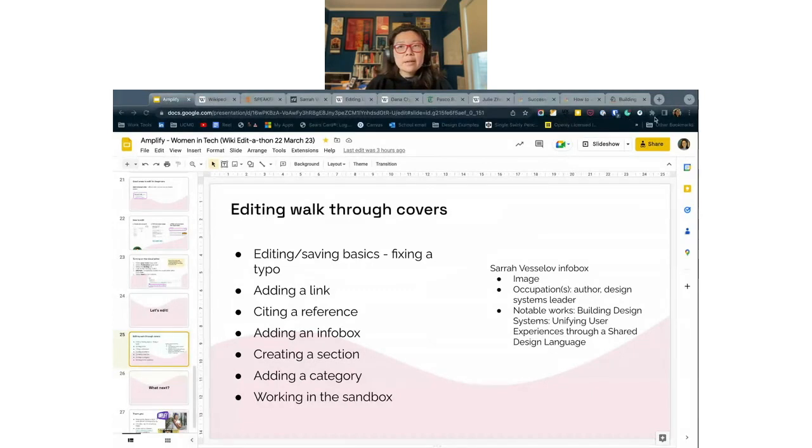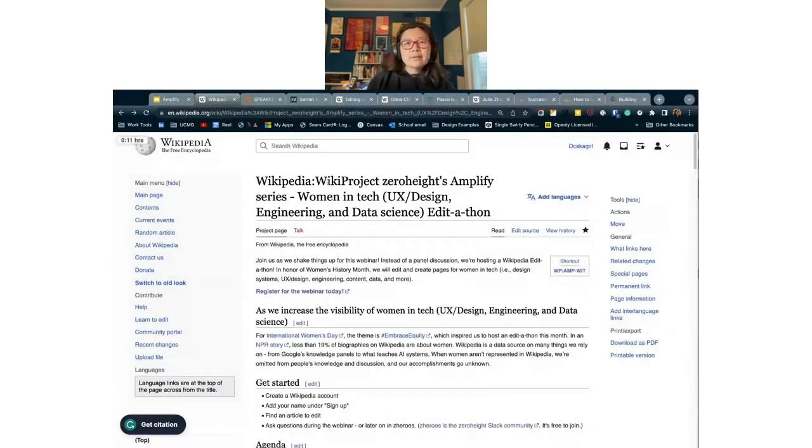We'll also be tracking the changes we make in Wikipedia. I have to set up a dashboard, but we'll track all that information on this very lengthy page title that I made. But this is a shortcut, WP:AMP-WIT, which stands for Women in Technology. All right, so let's get to editing.